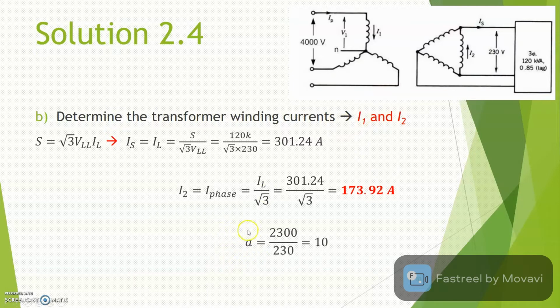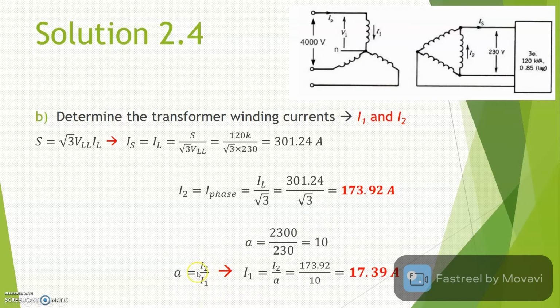Okay, so you can use the formula using the turns ratio. First you calculate the turns ratio A. For the single phase transformer, A is equal to 2300 divided by 230, equal to 10. And then by using the formula A equals I2 divided by I1,